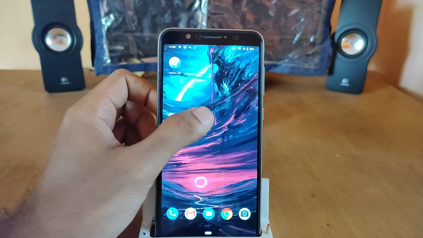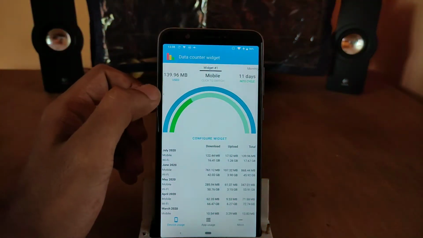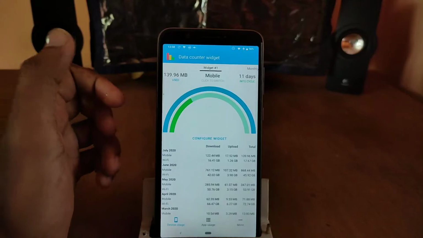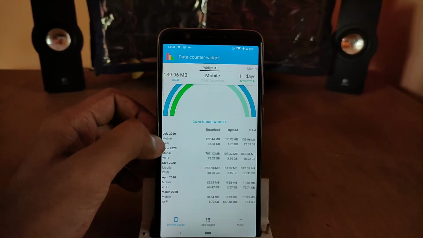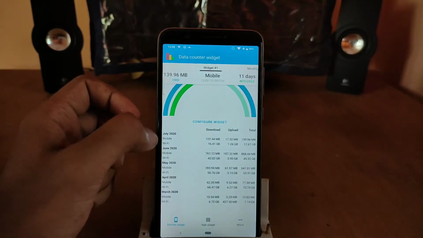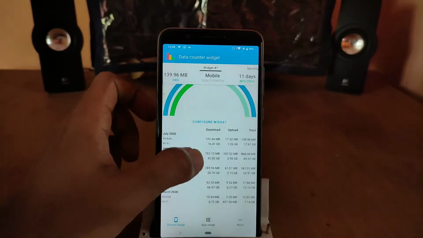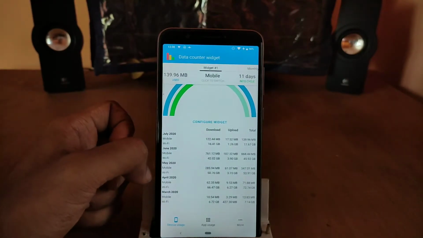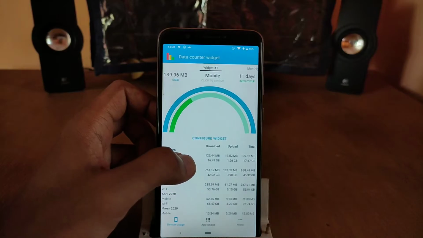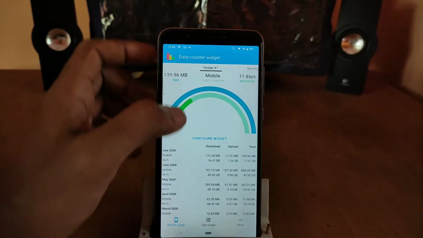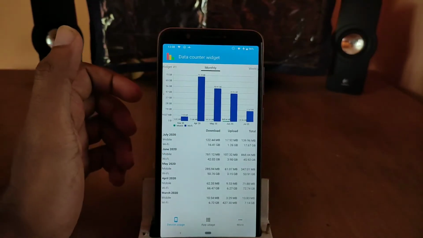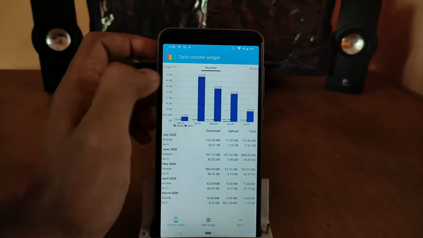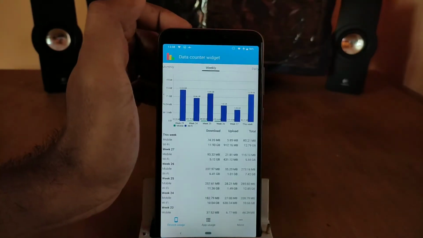Now if I happen to click it, you can see it expands the information that it can give you. Say here I can see, for this month I have used so much data on Wi-Fi as well as my cell phone, whereas in the last month I have used so much data. Even in May, April, it keeps track of all your data for your entire year. If you slide it next, you can see the same thing, like how much data is being used. Okay, and this is monthly, this is weekly, then this is daily, and this is yearly.